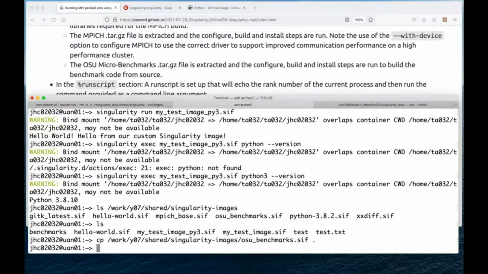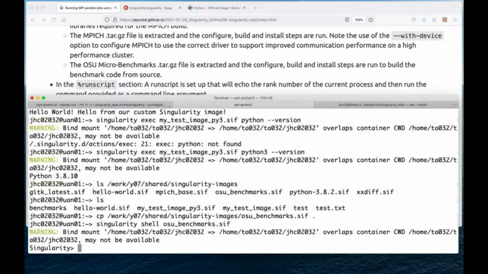Okay, so what we can actually do here, just to test locally, is create a Singularity shell in the OSU benchmarks.sif image. What I should find is the directory. Do we have OSU dir? No, we don't on this one. So the OSU dir on the version that's on